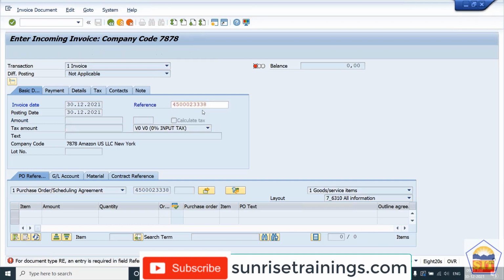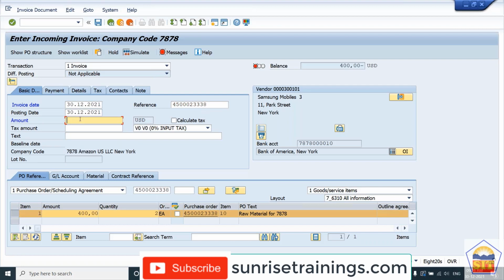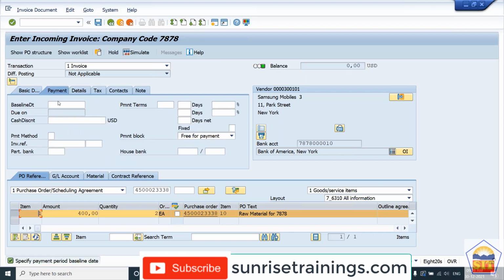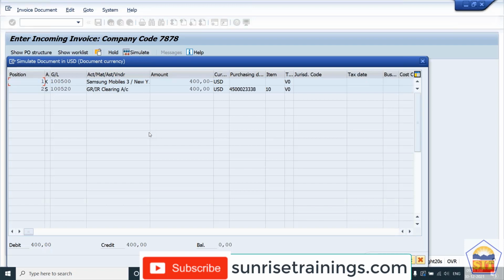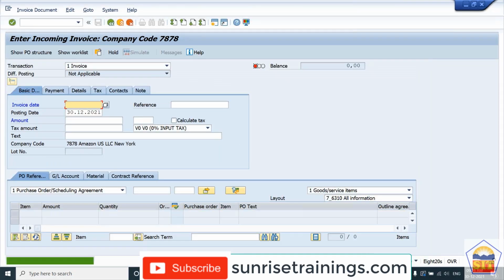Give the reference of purchase order. So here it is saying that how much you want to do the IR. So I want to do the IR with same amount 400 and give the baseline date as today's date and check the accounting entry and then post. If all the things are fine, post.